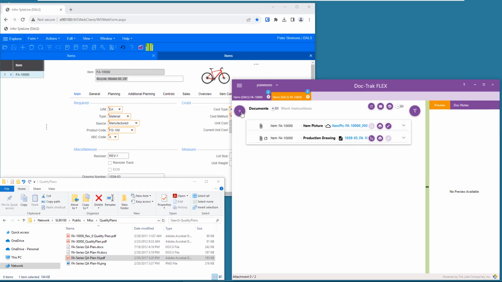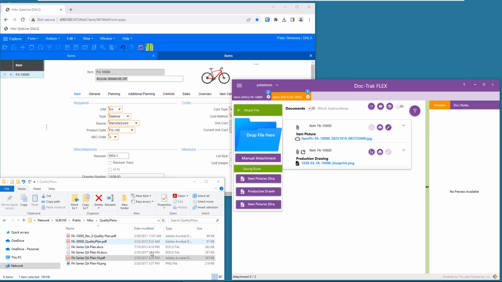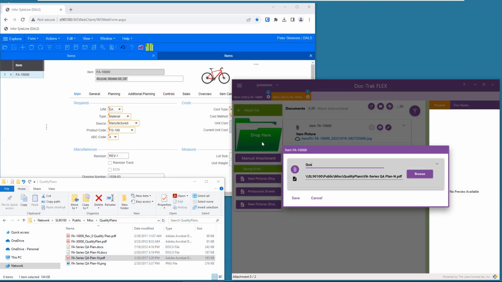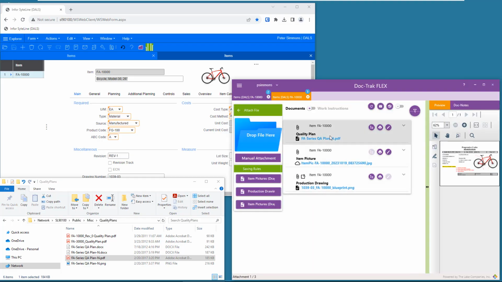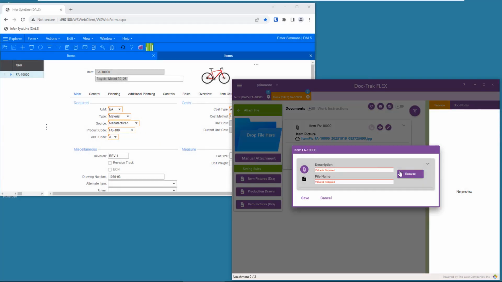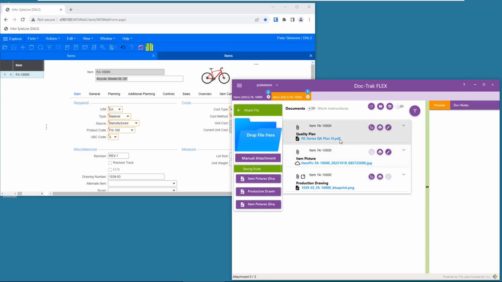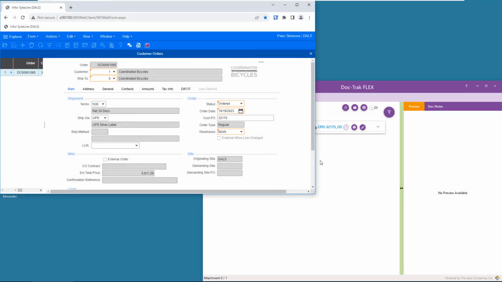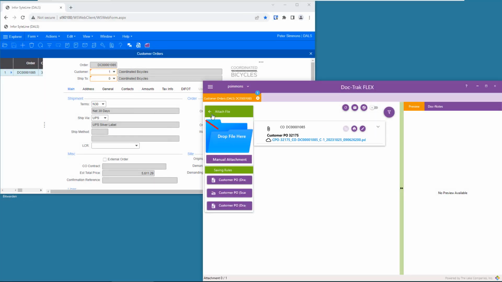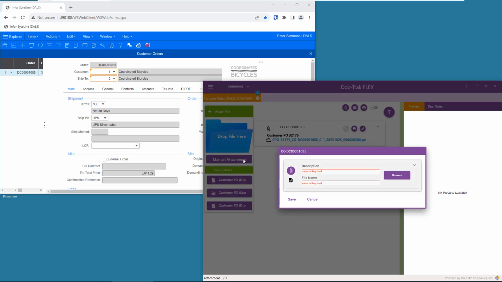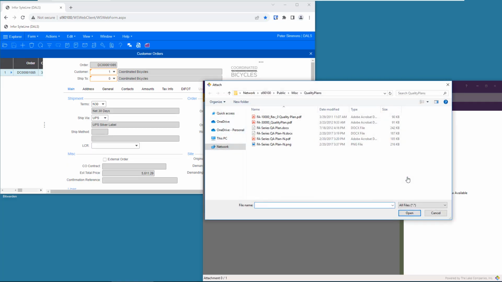You already know that to make a manual attachment to a file on the network, you can either drag the file to the manual attachment target or browse through your file system using the Browse button. But cloud files aren't in your network, so you can't drag them to your target. And selecting the Browse button opens up the File Explorer. You can't use it to browse for files in the cloud. Or can you?